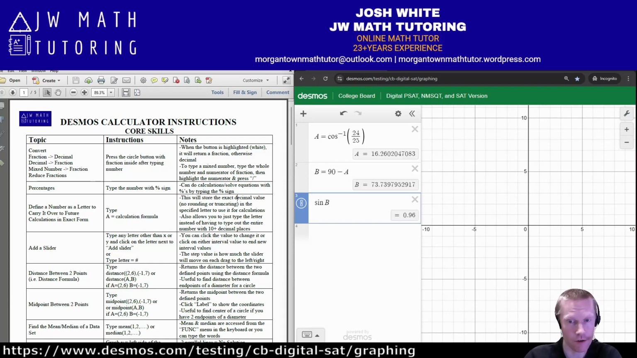You're going to get some other similar answer, but an answer that is incorrect. In other words, the exact answer to this problem is maybe 0.96, and that's what you would have to fill in if this was, say, a free response question on the test. Okay? So the whole takeaway here is you can define values as letters to use in calculations